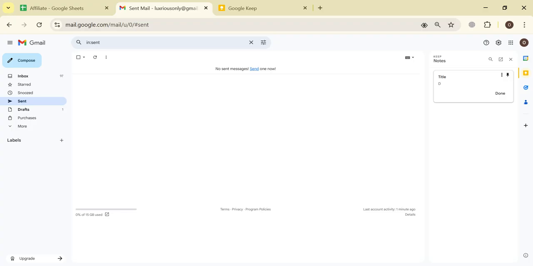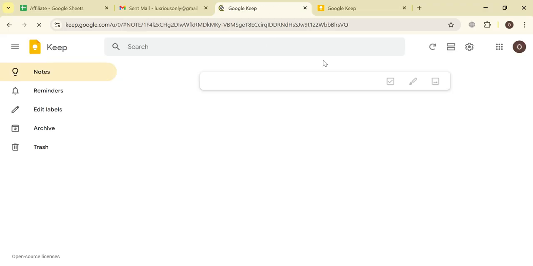So yeah, we write a description here. Whatever the description of your task, you just write it here and it will do the things. Okay, and so I have just written it down. And if you want to make some changes, you can just simply click on this three dot menu and you can open in Keep, archive, or you can also leave it as is. If you want to open in Keep, you just simply click on this Open in Keep and this kind of